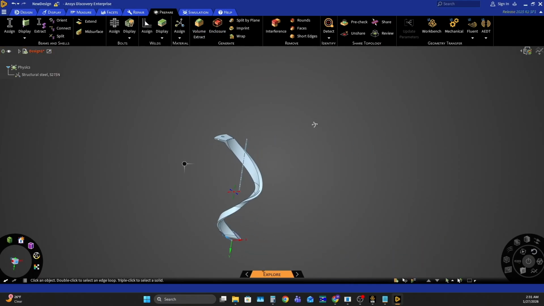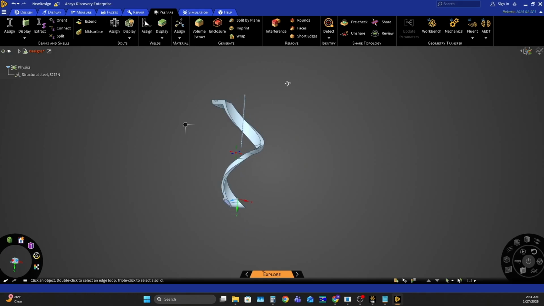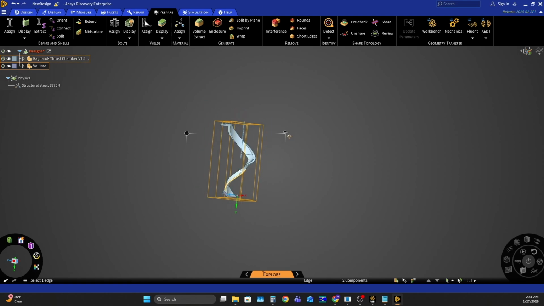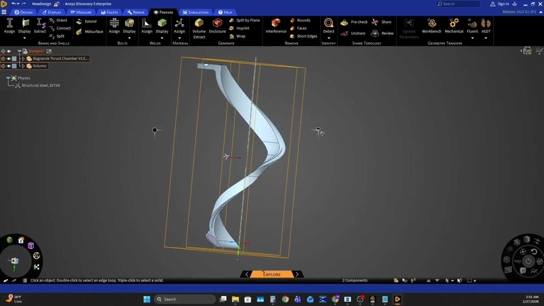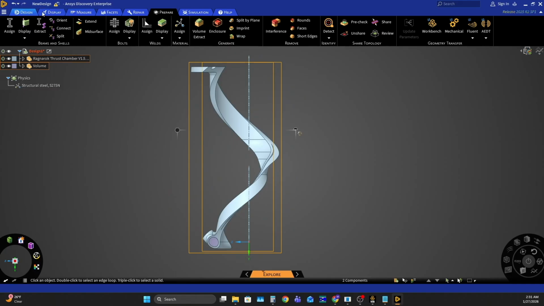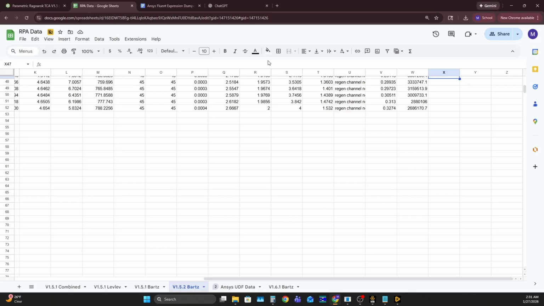Okay, so when that's done, the last thing that we want to make sure of before we go into Ansys Mechanical is that our coordinate system starts at the top flange. To make that happen, we can select both our fluid volume and our solid, and then go over to design, select move, and move this by the same amount as specified in